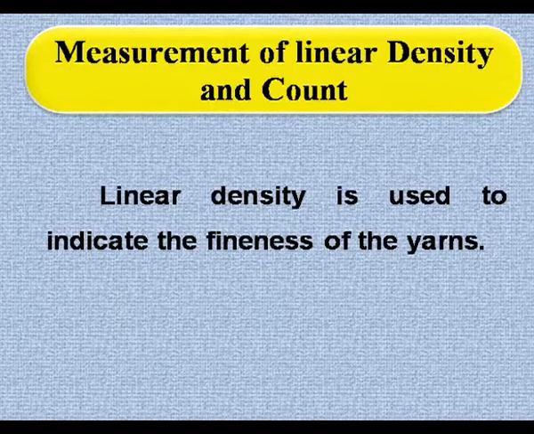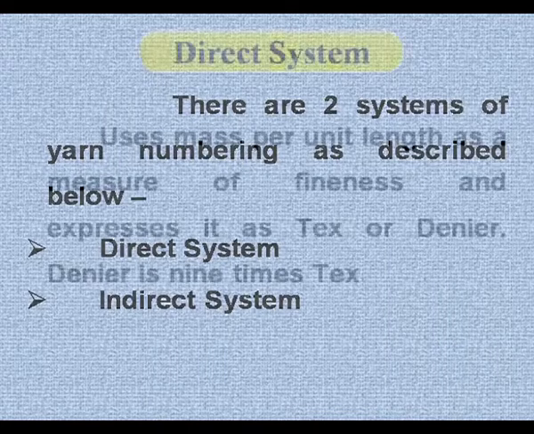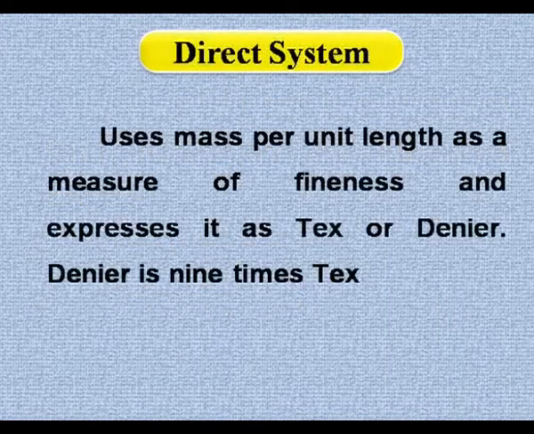Linear density is used to indicate the fineness of yarns. There are two systems of yarn numbering as described below: direct system, indirect system. Direct system